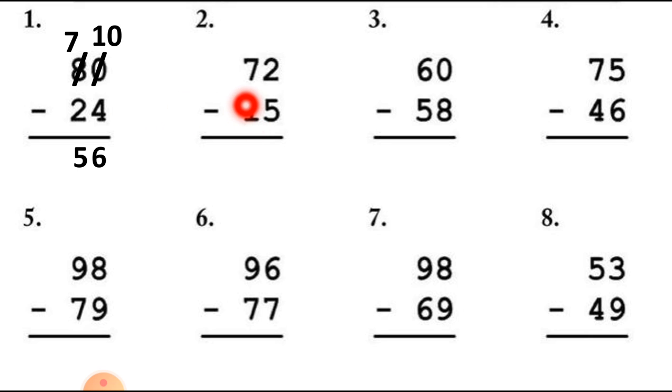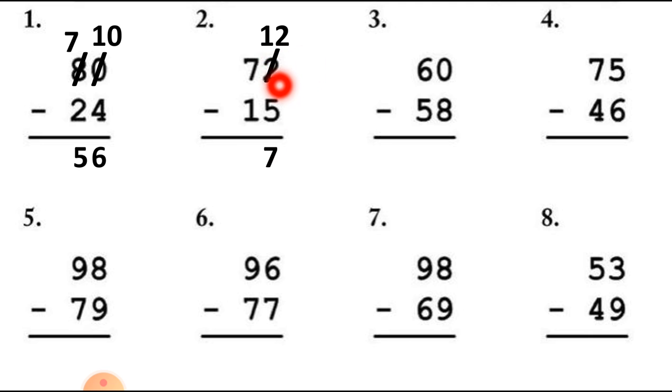Sum number 2, 72 minus 15. In this, here is a 2 and 5. 2 is a small number and 5 is a big number. So we can't take away 5 numbers from this 2. So let's take 10 number from this 7. So 10 plus 2 is equal to 12. So we have to cut 2 number first and put 12 number there. Now we can easily cut 5 number from this 12. So 12 minus 5 is equal to 7.